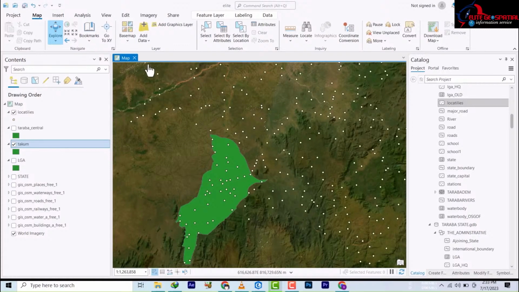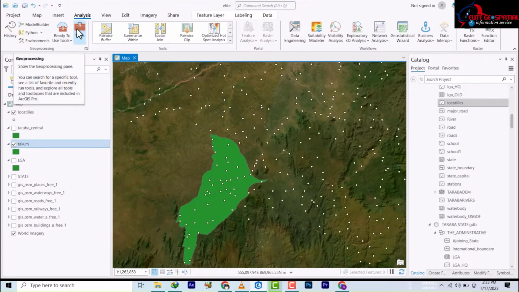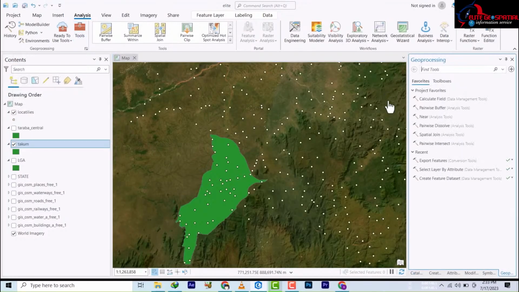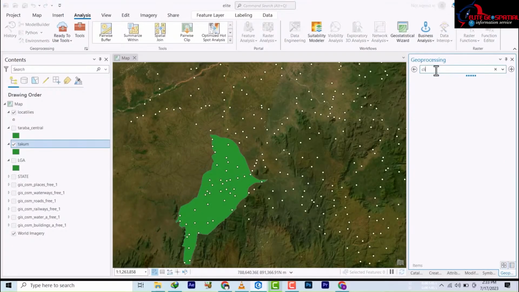So you go to the Analysis tab up here, and then you click on Tools. It's going to bring you to the geoprocessing tools. So what we need here, we'll search for the clip,